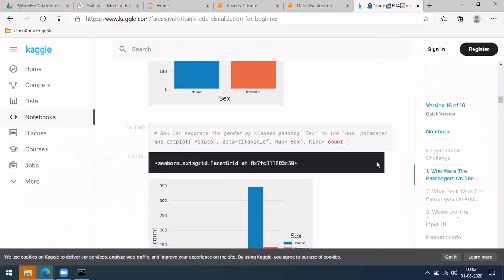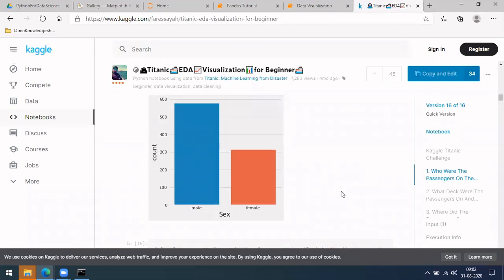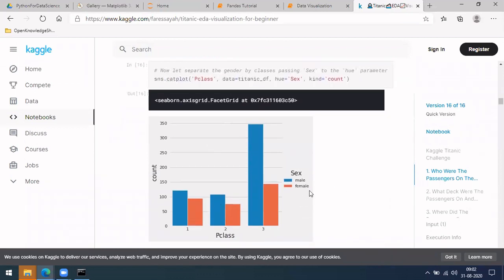Similarly, this is one more different plot. Here we only saw how many male and how many female. This is one more kind of graph where you also divide the same male female graph into subdivisions. Here you have divided it among passenger class: first class, second class, and third class. For each class you count how many male and how many female.